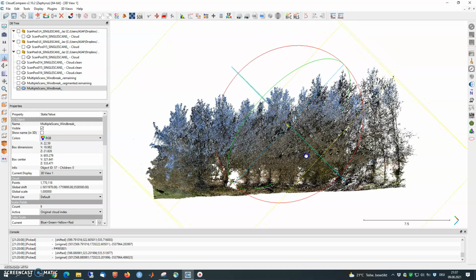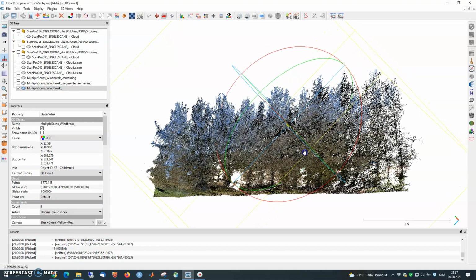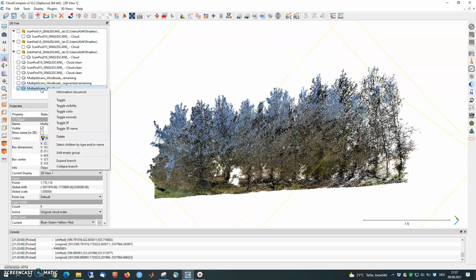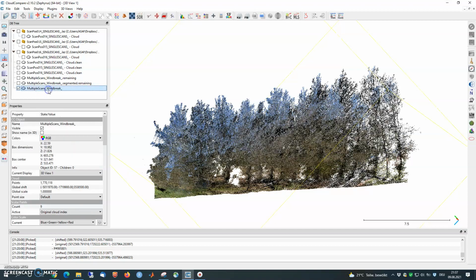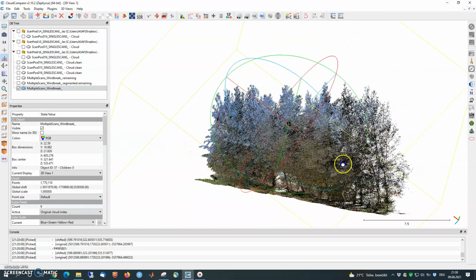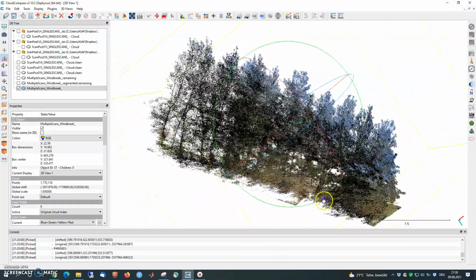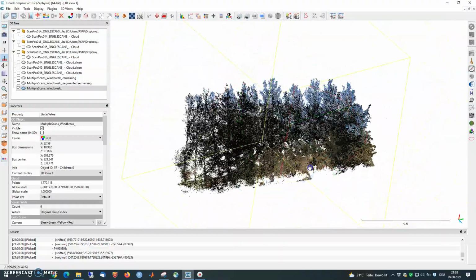Okay, hello again, and here we can try to export a point cloud. I hope you still have the files open. Multiple scan positions, windbreak, so we got a good coverage of the trees. We see that the density of points is reduced